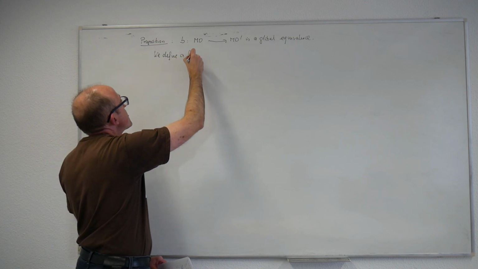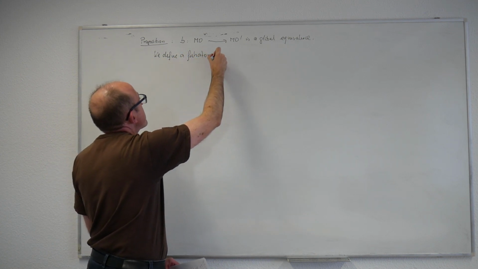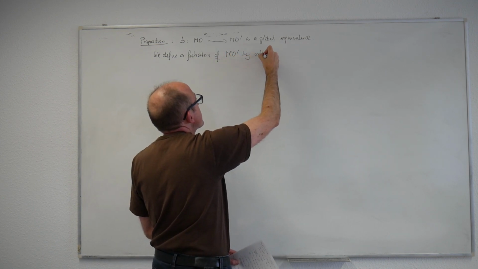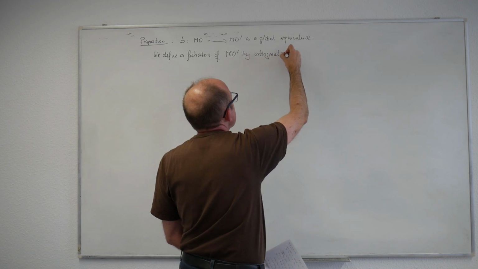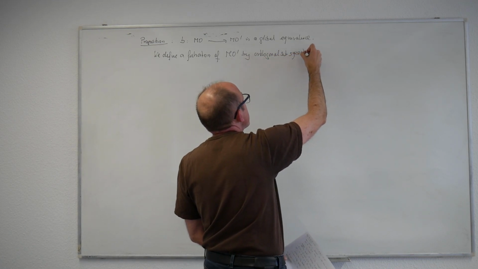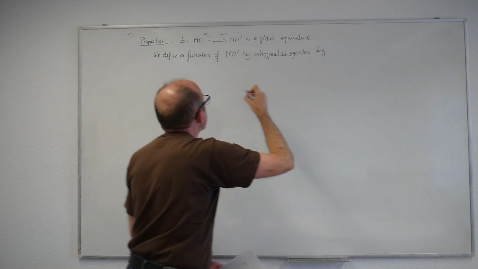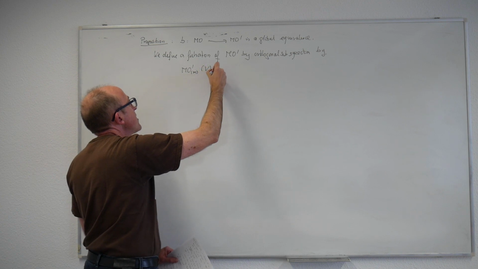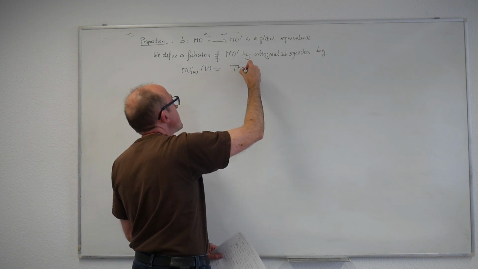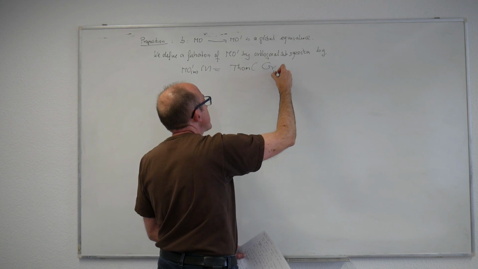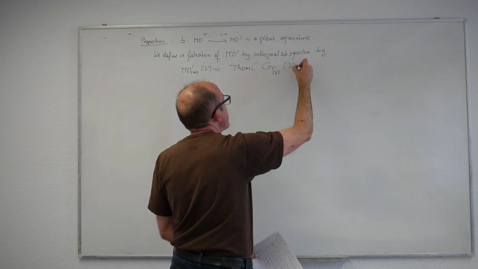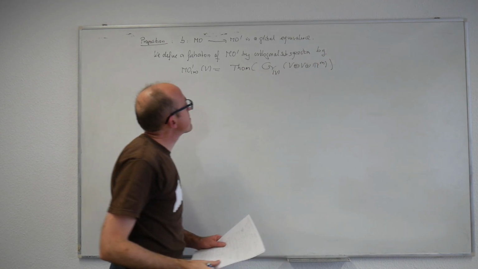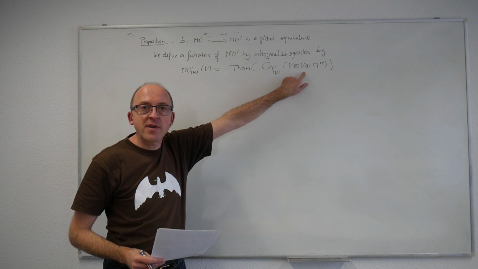We define a filtration of MO prime by orthogonal subspectra, MO prime M, and now we do the expected thing. It's a Thom space over the Grassmannian of V planes in V plus R^m. So for the rank filtration of little MO, we had a single copy of V, and now we have two copies of V.